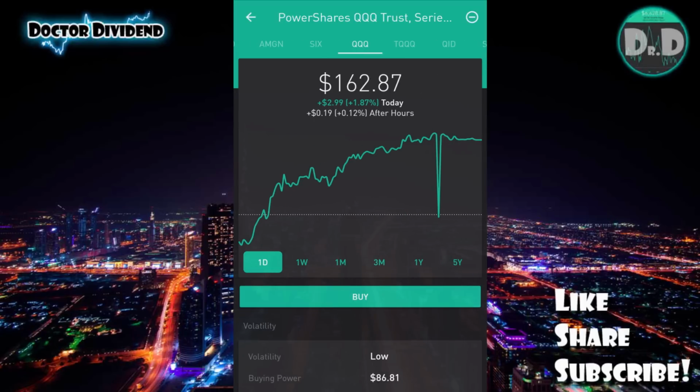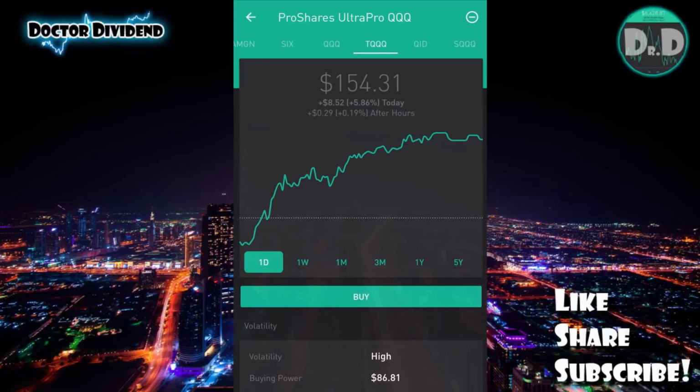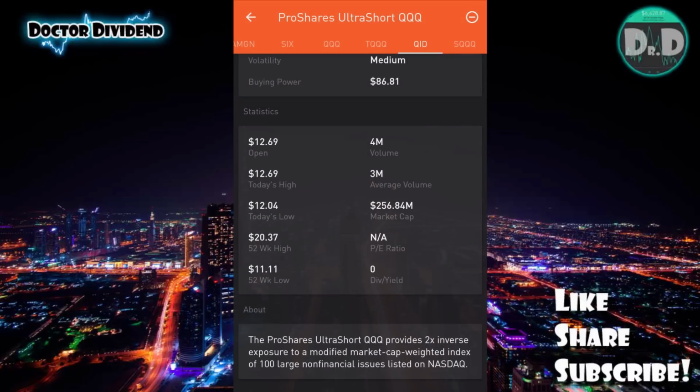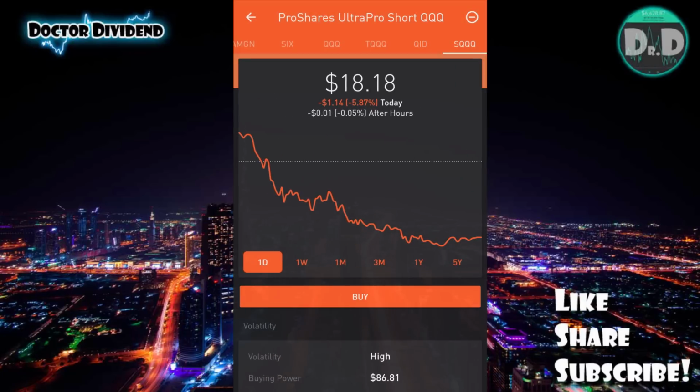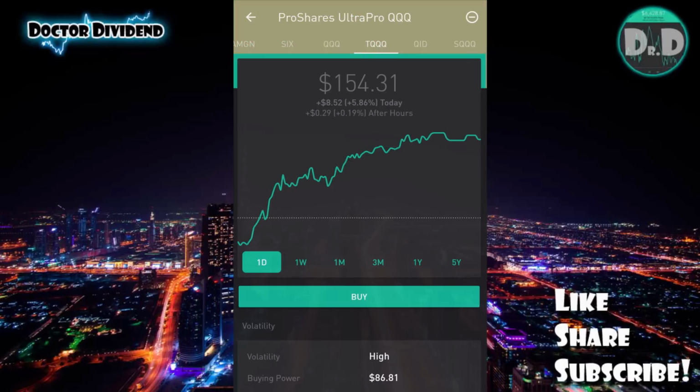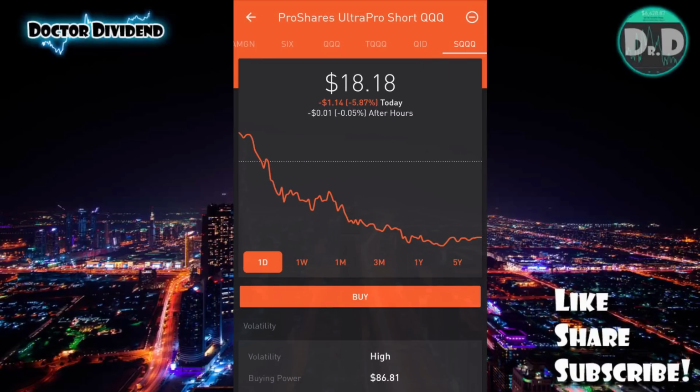So QQQ, the non-leveraged account, TQQQ, the 3x leveraged account, and this simply here on the bottom, again, this is 2x inverse, this is 3x inverse. So you can see this one is down 5.87, while QQQ, the exact opposite, is up 5.86. So there's a little bit of a difference there, but they are essentially identical. It's just that these two here are doing the reverse, the shorting on the stock market. So the only way to get exposure to shorting on Robinhood, at least, is using these inverse ETFs,